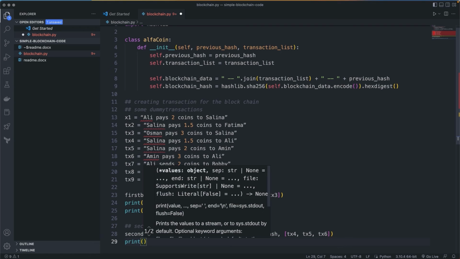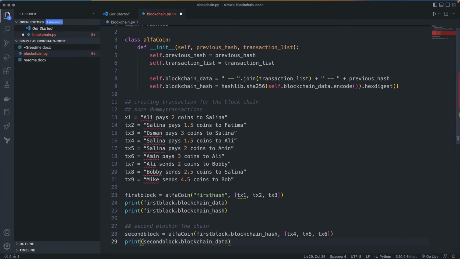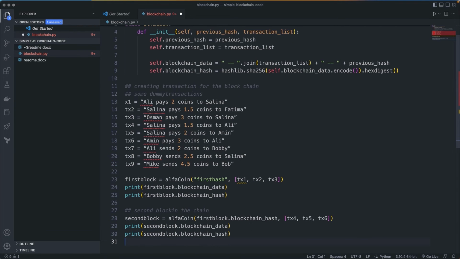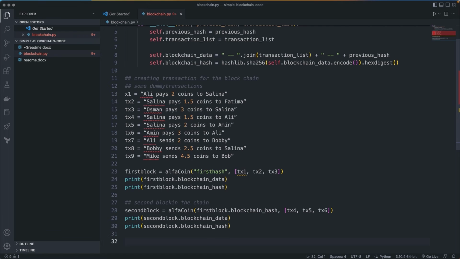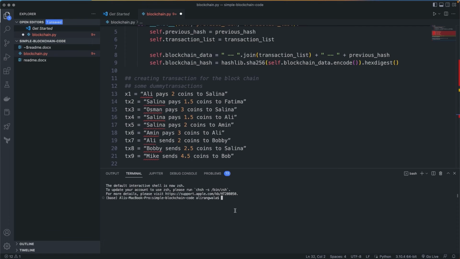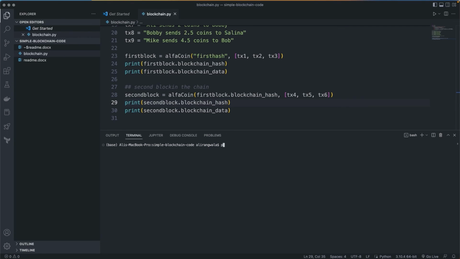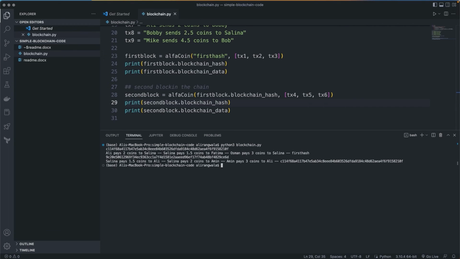And now I'll print the values. So I'll print the second block data over here along with the second block's hash value. That's it. Now let's see the output and how it works. I'll open my terminal over here and clear it. So you see, this creates a hash value, and the first hash is what I gave as a string. Then it created a hash value for the second block, and in the second block it is using the hash value of the first block,